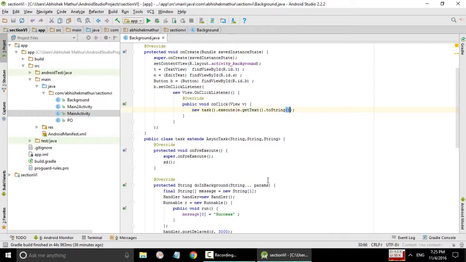Similarly, you may also do other kinds of background tasks, and you can give many strings here, and all the arguments in the execute method will be of the same type, strings, and can be accessed by indexes of params or any variable you specify here. So this is the format of AsyncTask, and you can use this for background processing in Android.